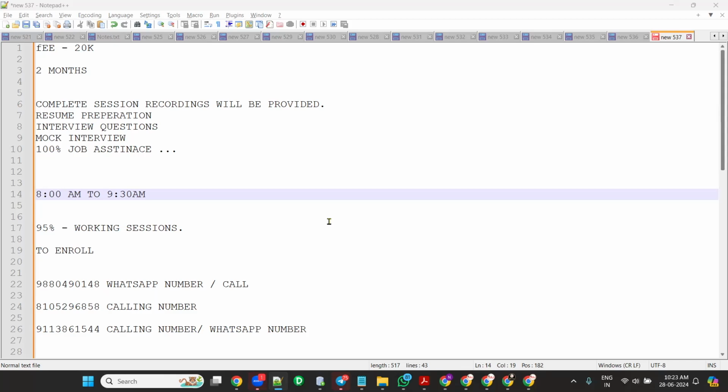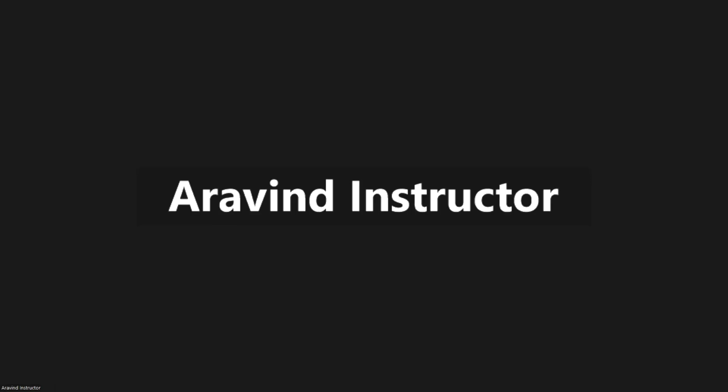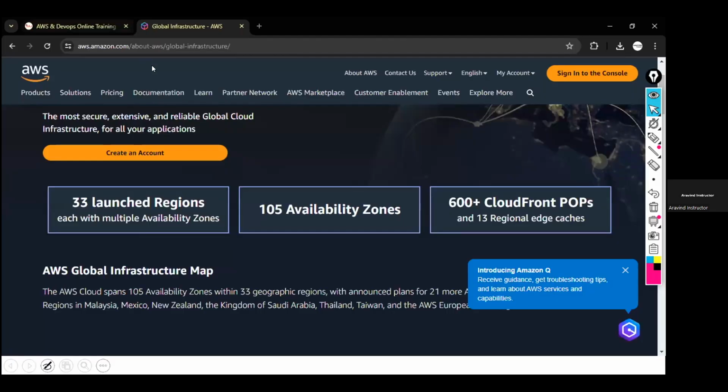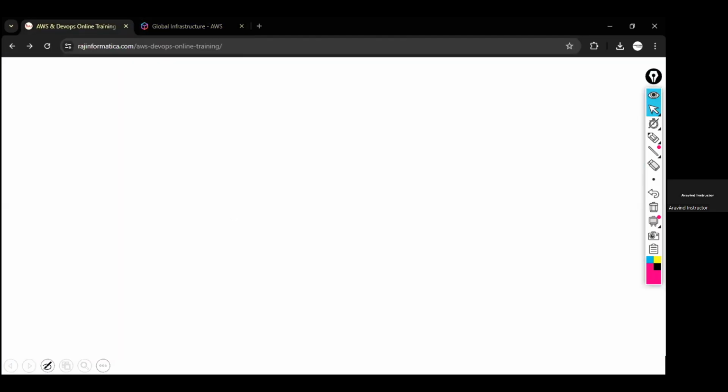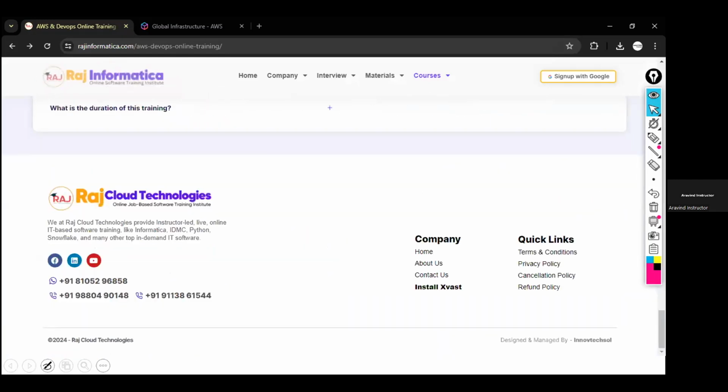In DevOps, we have different types of tools. There is no concept of developer in DevOps. We have tools like Git, Maven, Jenkins that you can see here. Raj, can you share the screen for him and show the course content?